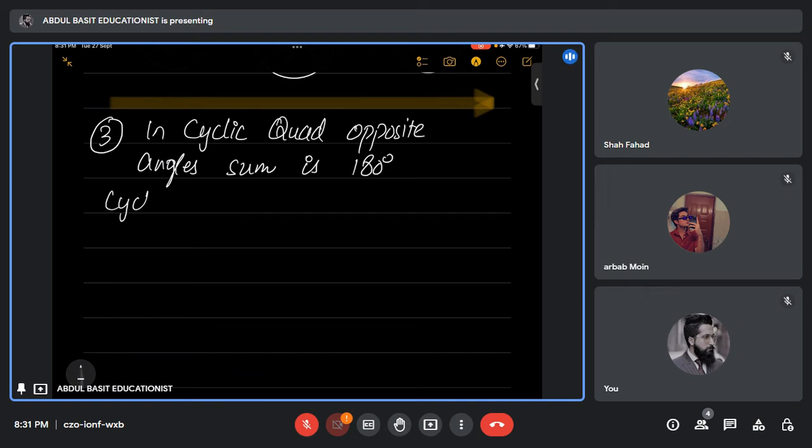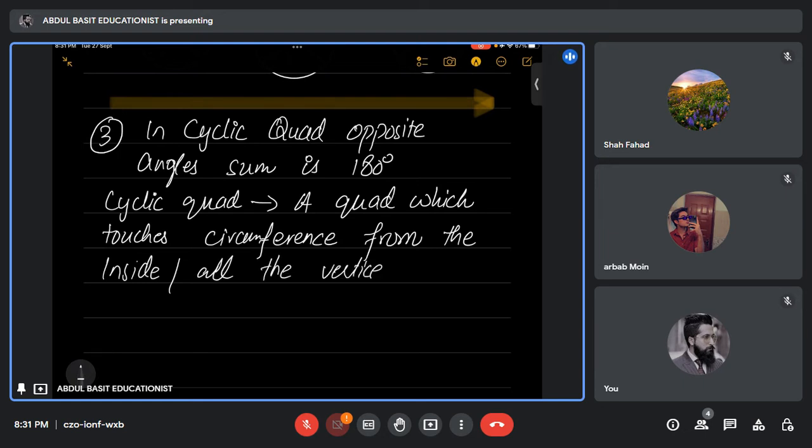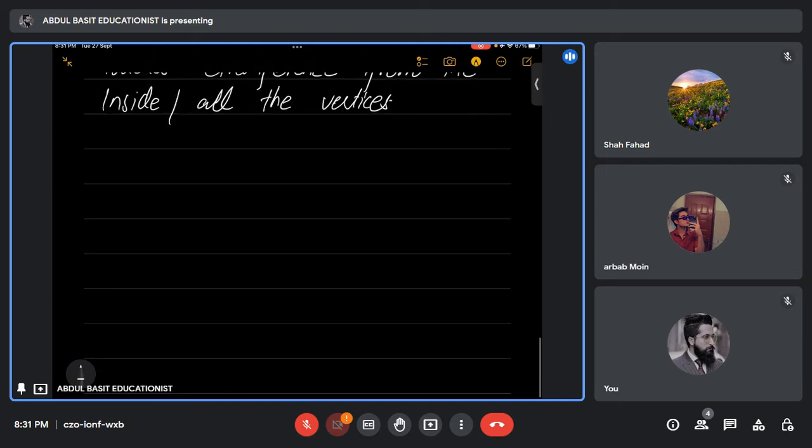So I'm writing a definition here. A cyclic quad is a quad which touches the circumference from the inside and from all the vertices. Like, what does it mean? So for example, if this is a circle, and I'm going to make a cyclic quad,